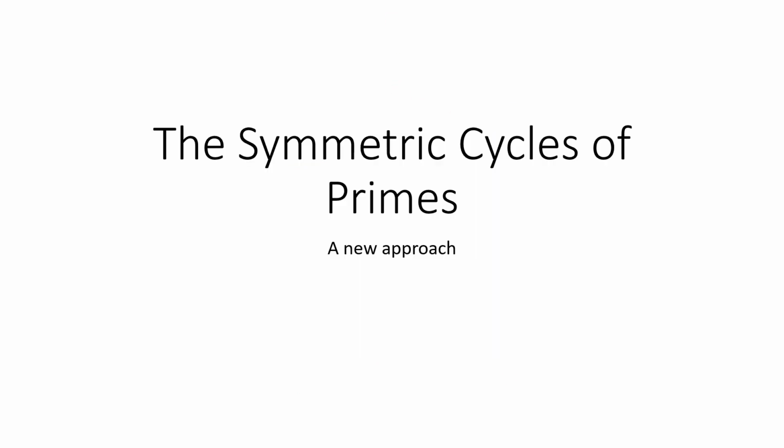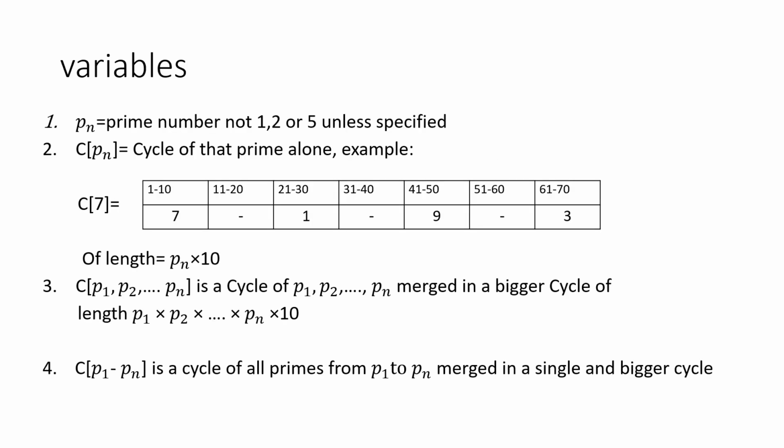So now we have the symmetric cycles of primes. We found that all cycles of primes are symmetric. They combine every 10 combination, and we're going to study that. First of all, I have new variables and names, so you can familiarize with them. Pn is a prime number, not 1 to 5 or 5 unless specified. This is the cycle of prime n, the cycle of that prime alone. This is the sample, that is the cycle of 7,